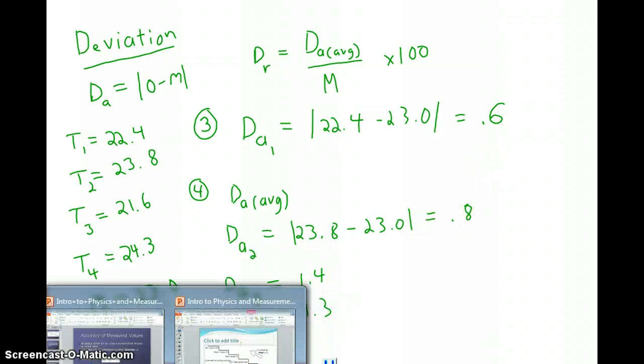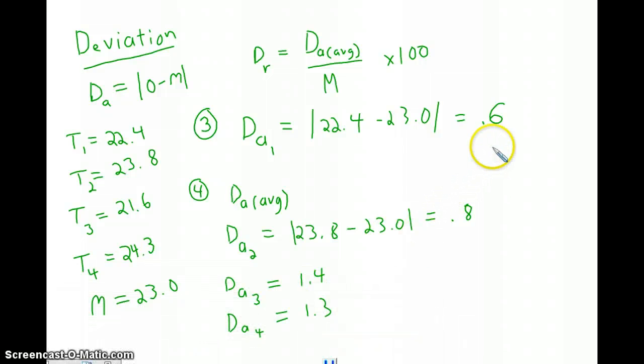Now, what we need is the average of every absolute deviation. And again, you can see where this could get lengthy if we had many more trials than just 4. Lengthy but not hard. So all the numbers I just underlined, we need to take the average of. And that will be this dA average, which we could write in now. So summing up those 4, dividing by 4 in this case, will give me an average deviation, rounded to 1 decimal place, of 1.0. Okay, and finally,